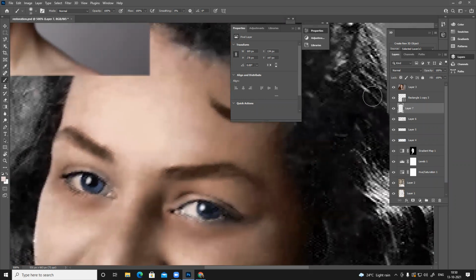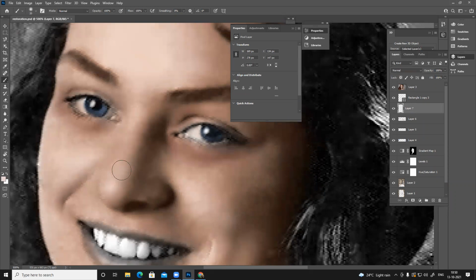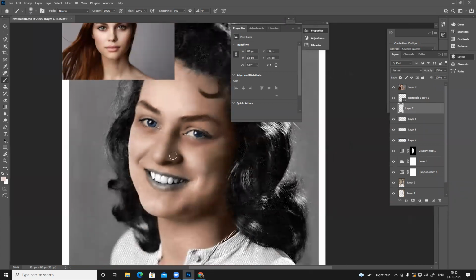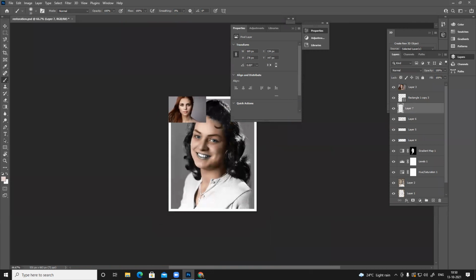So just painting, there's no blending mode, nothing. I'm directly painting. I'll use the same thing for hair, same for sweater.